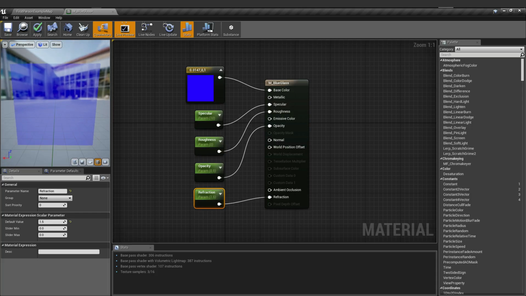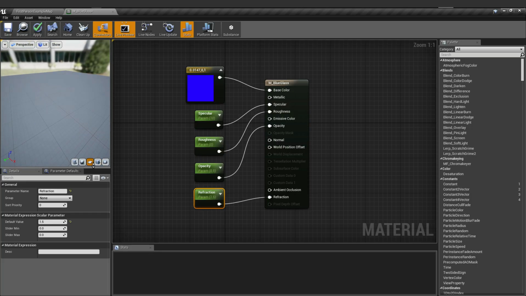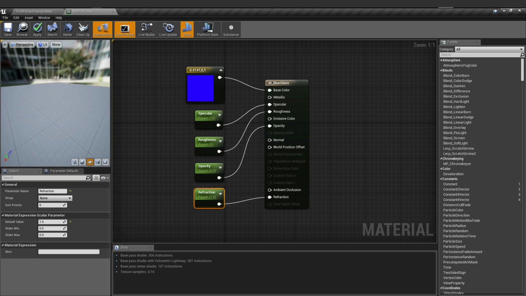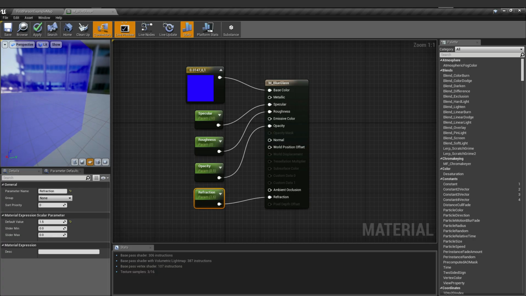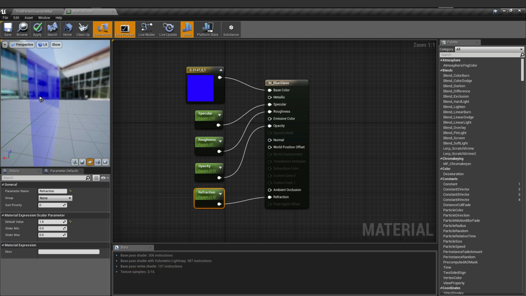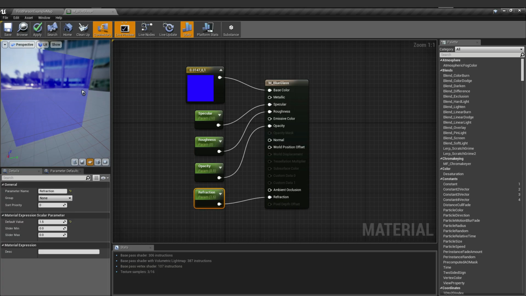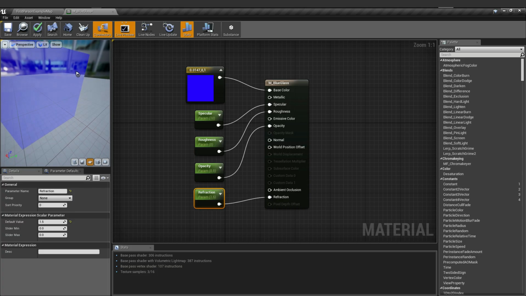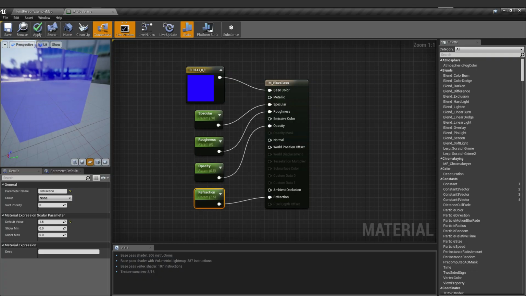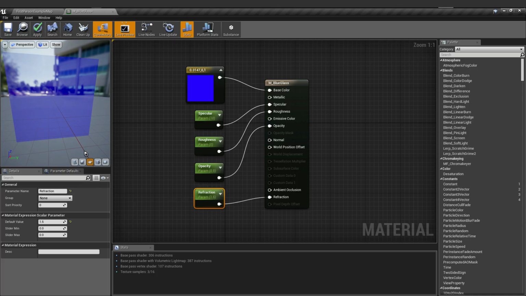And that's how it looks like in a cube. That's the glass. And let's check the flat surface, because when you're applying a glass, it is mostly on windows, on wall frames, paintings. So you need to see the output of a glass on a flat surface like a thin glass, just like this one. So you see the refraction took effect on the edges of the background. And that's the example of how you create a basic glass in Unreal Engine 4.